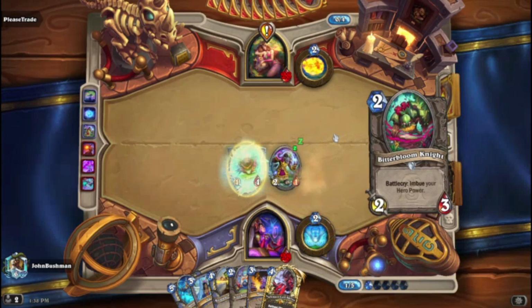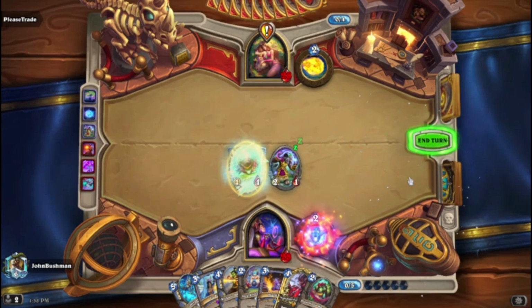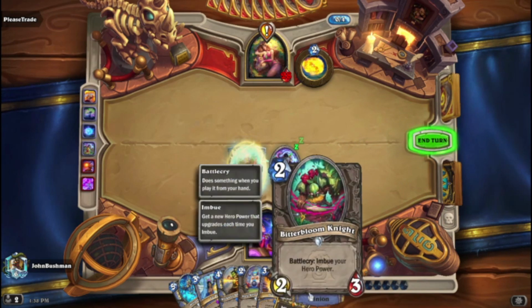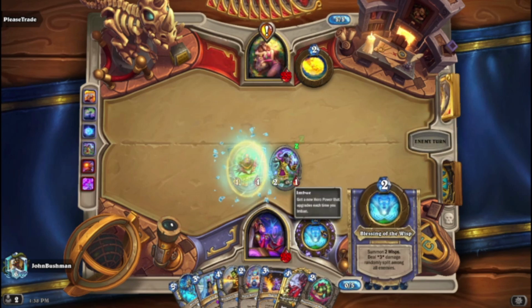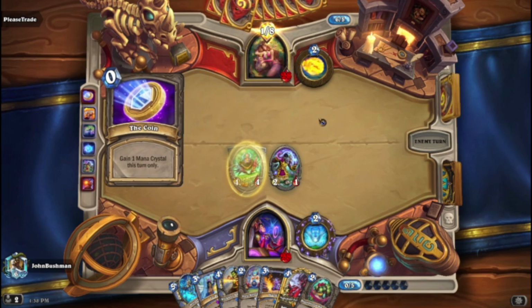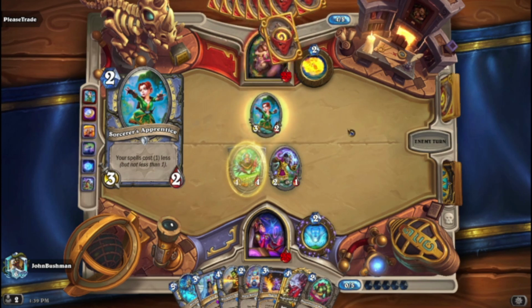Ooh, Xavius would be nice. But we have... okay, we have Wildfire. There we go. I think Xavius, or rather, Bitter Bloom Knight into Xavius would be good. We already have the combo in hand, but we haven't leveled up the Blessing into lethal numbers yet, so... Excuse me. Oh my god. And of course, my opponent isn't exactly playing a lot of minions, so...